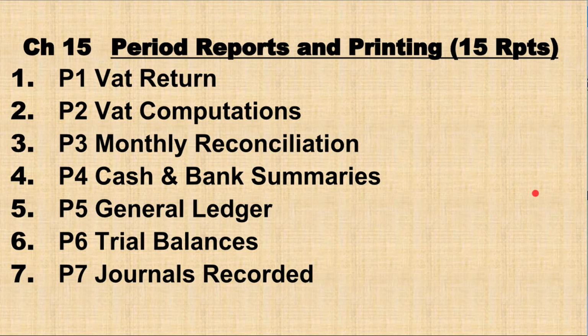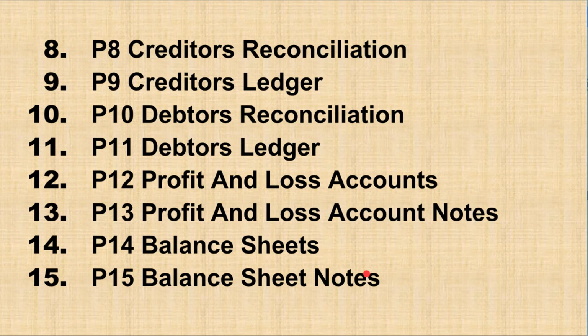Chapter 15 looks at period reports and printing. We're looking at 15 reports. In number 1, we'll look at P1, which is the VAT return, then P2, VAT computations, P3, monthly reconciliation, P4, cash and bank summaries, P5, the general ledger, P6, trial balances, P7, journals recorded, P8, creditors reconciliation, P9, creditors ledger,